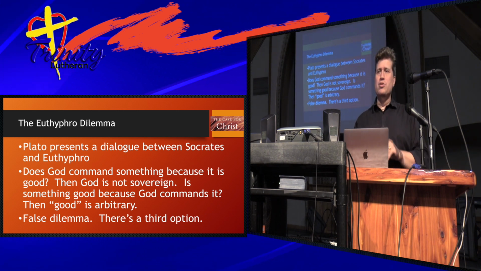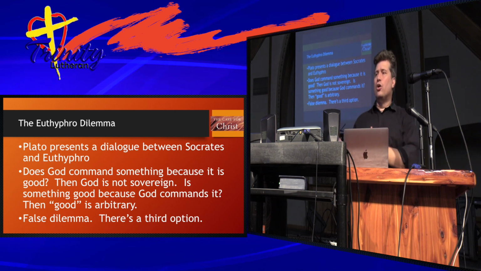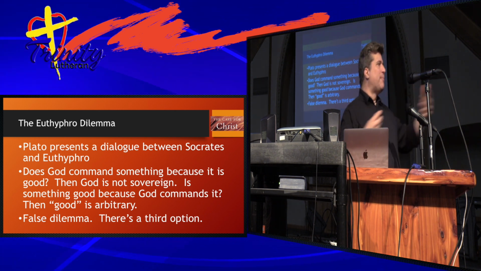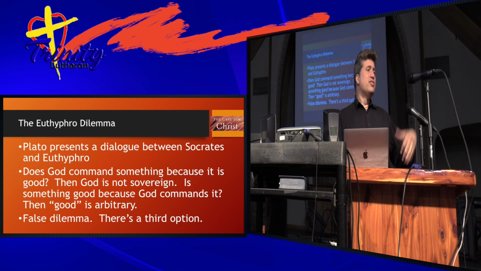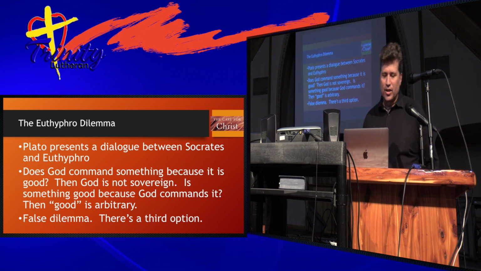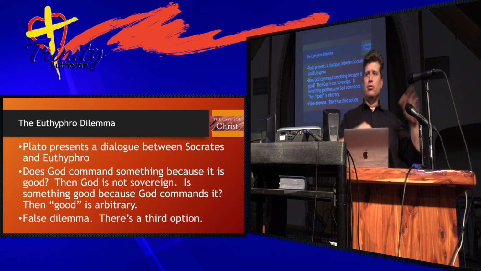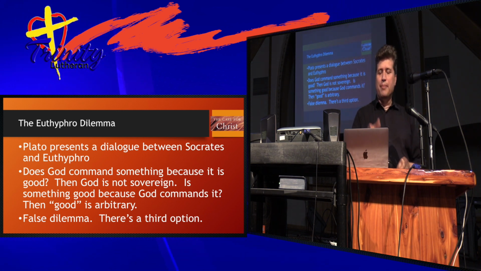And he proposed, lots of times the way he wrote was in dialogues where he would have two people talking back and forth to each other in order to illustrate some point. In this particular one, he had Socrates talking to Euthyphro. I'm not going to give you all the way he actually wrote it because it's fancy old language that you wouldn't understand, but here's what it boils down to. The discussion going back and forth between these two characters: